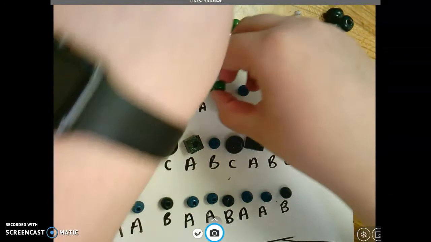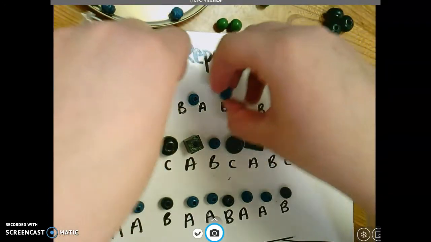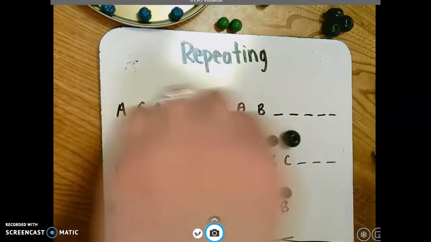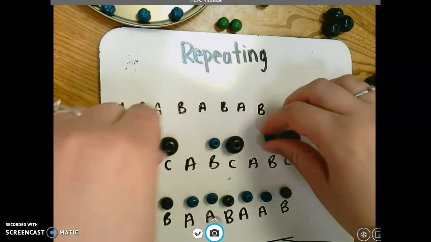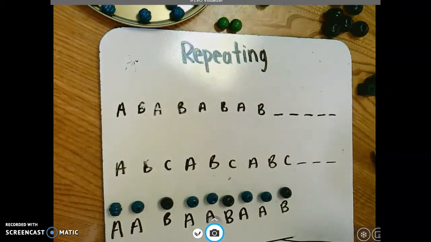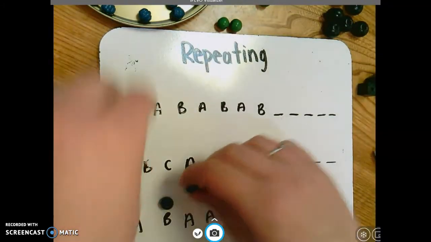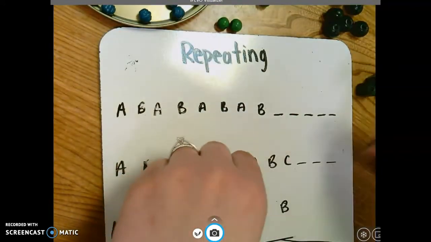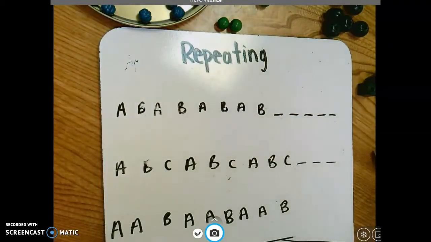So I'm going to separate these over. In the grade 1 curriculum, it is just repeating patterns. So if your child is in grade 1, you can probably stop watching the video now and just work on those repeating patterns. If your child is in grade 2, or if they're in grade 1 and you want a challenge,